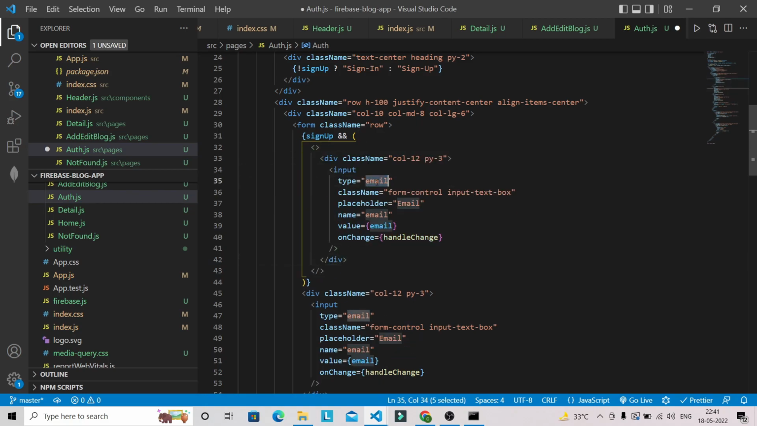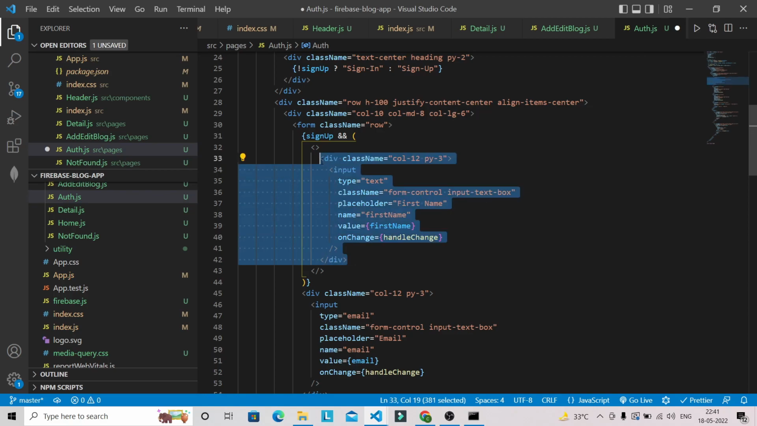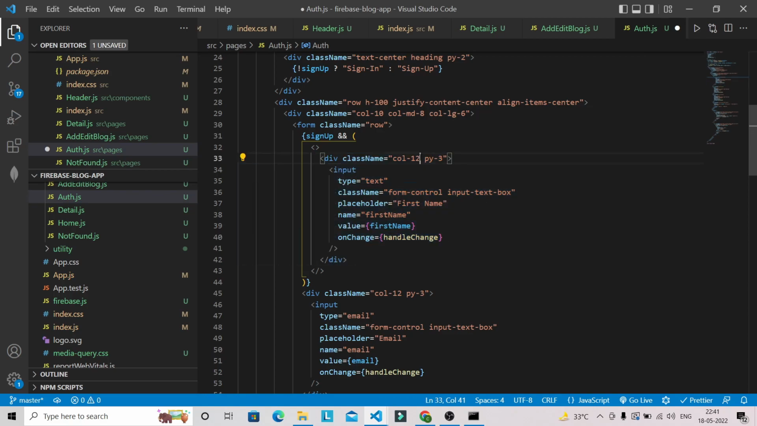and here we can give type text. Placeholder will be first name, name will be first name only, value will be first name. Let's copy this one, and this column will be 6. Okay, now let's copy this one,